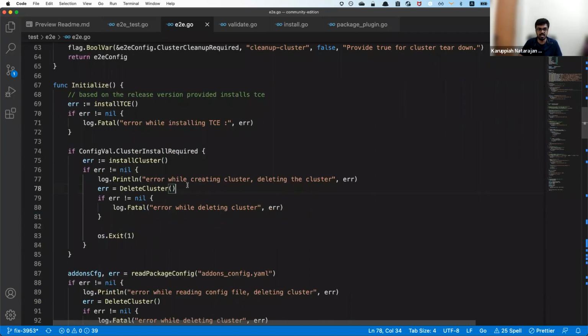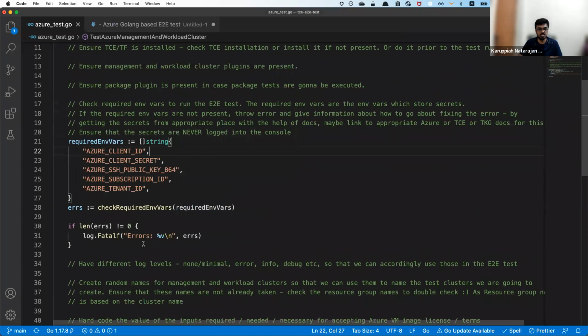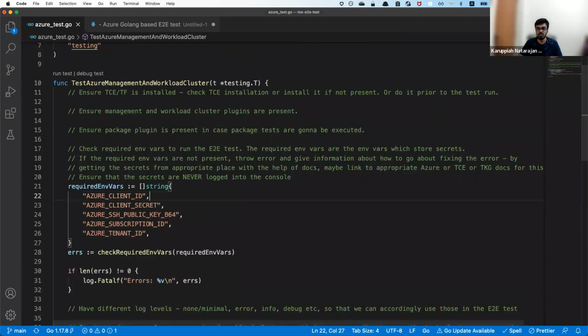So yeah, that's that. And so currently, where are we? I actually wanted to install Tanzu framework or TCE using pre-built tarballs, using some utilities.